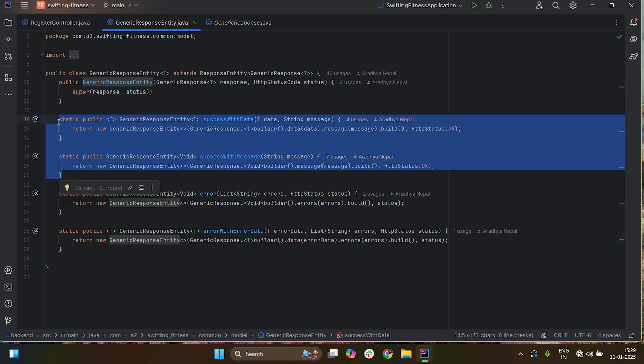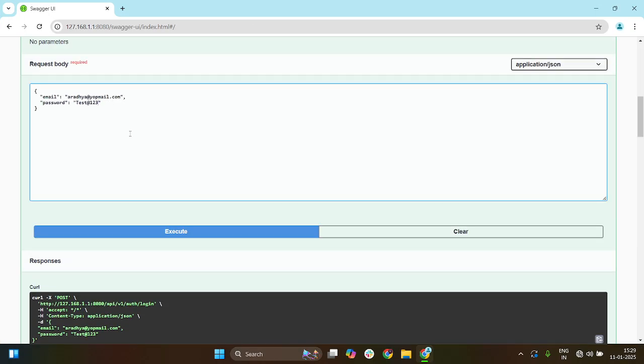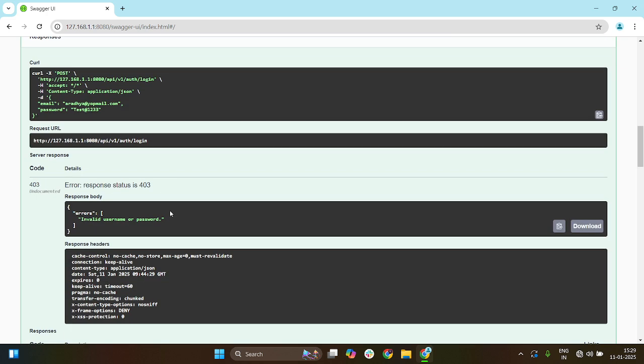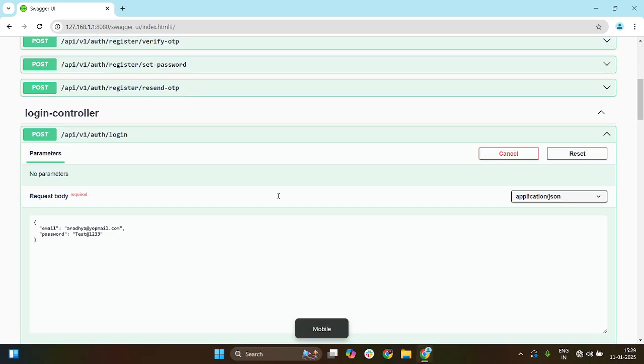There might be two scenarios in error. First is simply error. Let's say I hit a random password and execute. So this is an error which I got: invalid username and password. If you look closely, the error which I get is a list of errors, because sometimes what happens is that